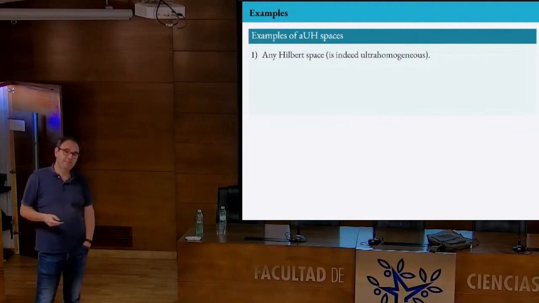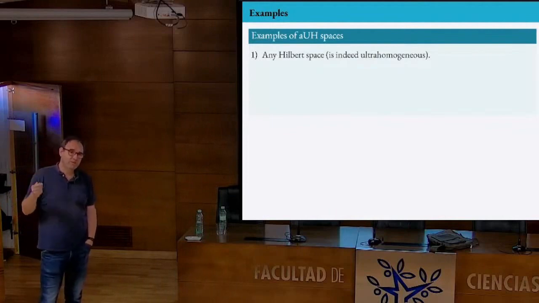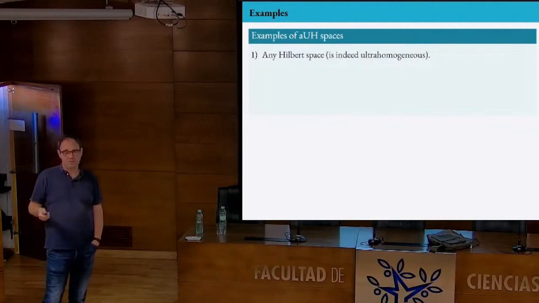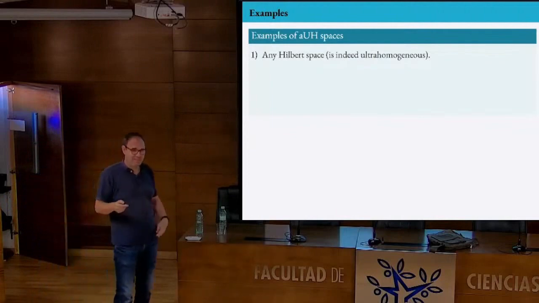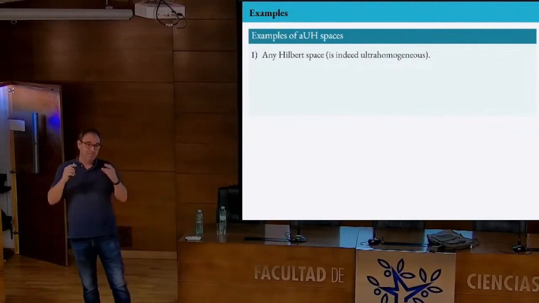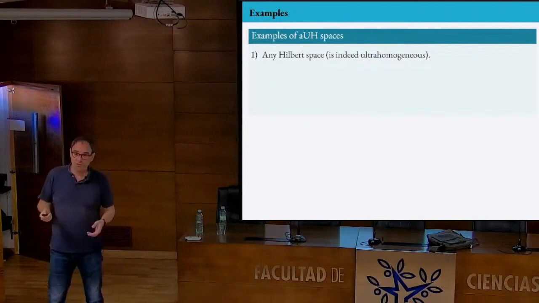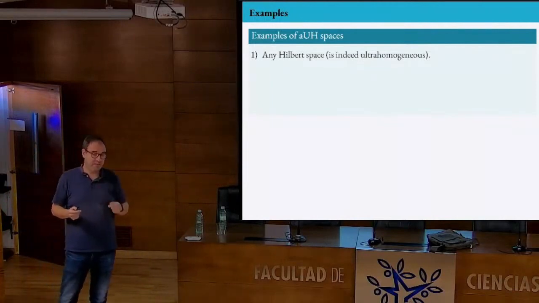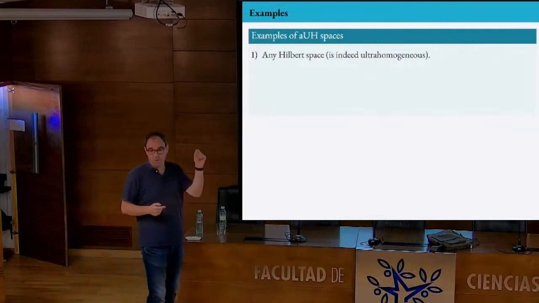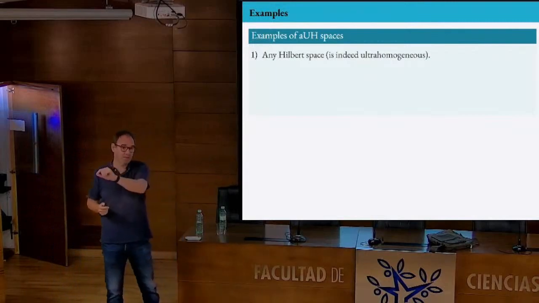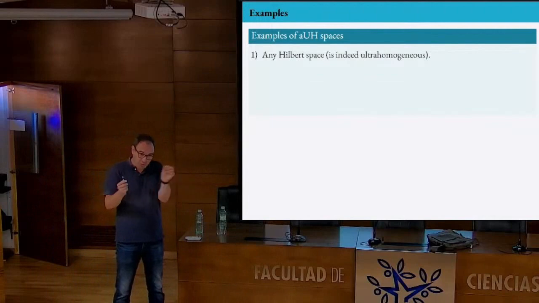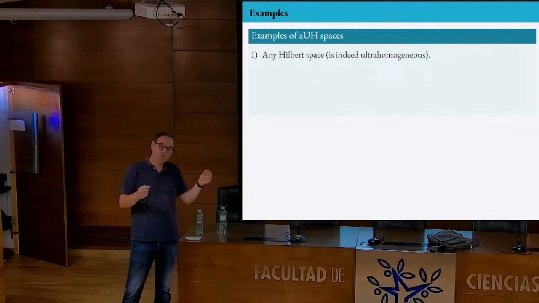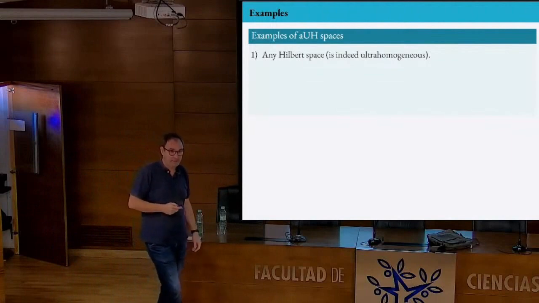Asking that this is the only ultrahomogeneous separable infinite-dimensional Banach space is a kind of simpler version of Mazur rotation, because you are asking much more, right? You are not asking simply that you can move one point in the sphere to another point in the sphere by an isometry, but imagine that you can do this not for 2 points, but for n-dimensional spaces. Yeah?